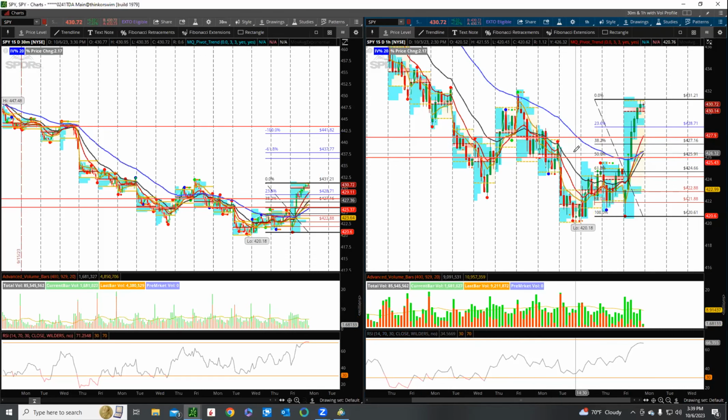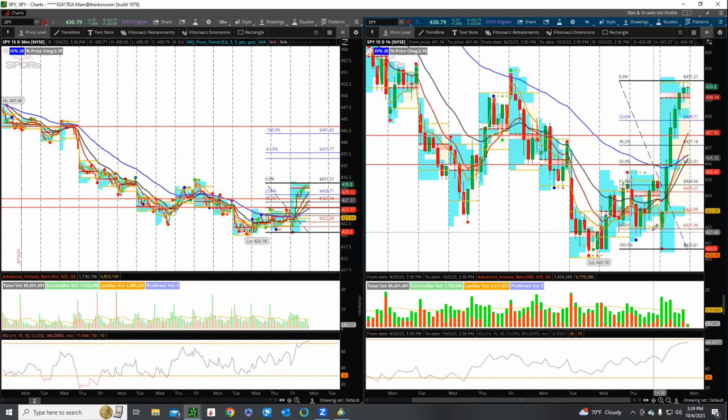Now the reason I'm looking at the hourly is because it's obviously going to be more reliable than the 15 or the 30. So I'm going to start on the hour and ask, do these lines line up with anything that's relevant? And the answer is yes. Let me zoom in a little bit more here. Okay, so this line here, if we just look at that line,